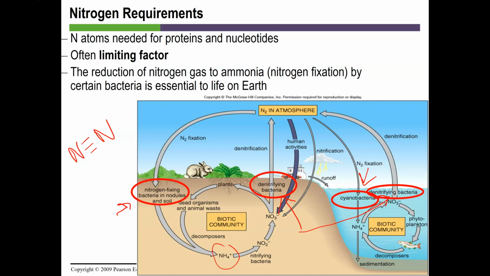Keep in mind that it isn't just those 4 key atoms, carbon, hydrogen, oxygen, nitrogen, that cycle. There are other requirements for life. Phosphorus in the phosphate groups is also really important. It's key to the phospholipid bilayers of cell membranes. Phosphate's also a part of DNA, RNA, ATP. Sulfur is an important component for certain proteins. Amino acids like cysteine contain sulfur, and sulfur-containing amino acids are important for forming covalent bonds to hold the 3-dimensional